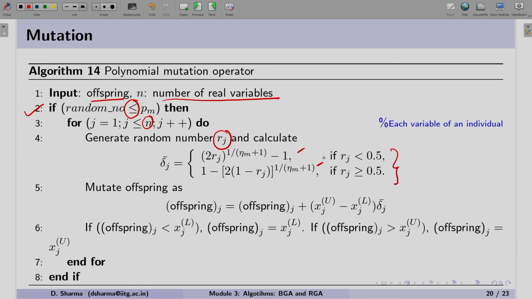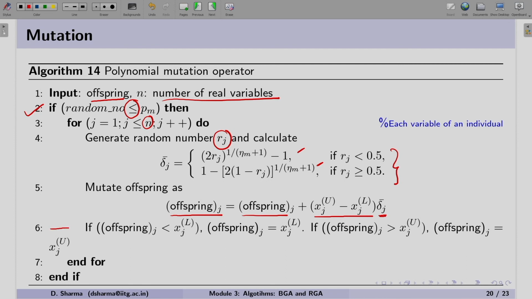And using this delta j value, we will be mutating the offspring j with respect to its previous value plus the difference between the upper and lower bound multiplied by the delta j value. So this is the same equation we have written for mutation. That will mutate an offspring using polynomial mutation.